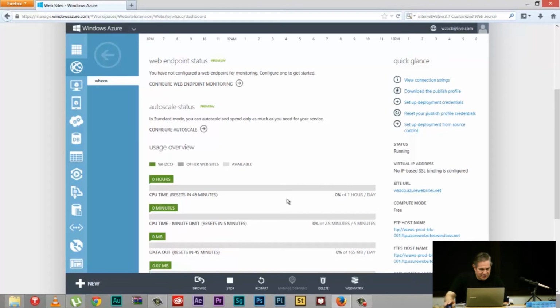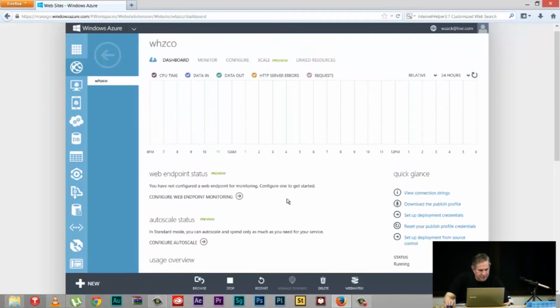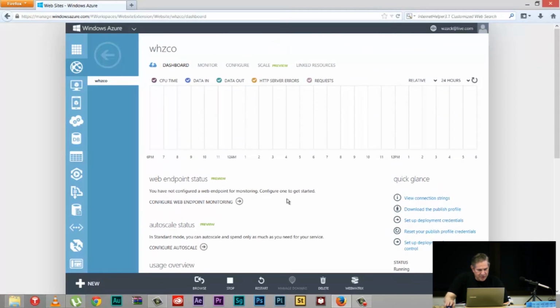All right, so that's the website, and it's running. What we're going to do, though, is eventually we're going to replace that website. This is really interesting. If you take a look at this dashboard that we have here, you notice that there's several tabs: dashboard, monitor, configure, scale, and linked resources. If you look at the dashboard, you can see that you can do all kinds of monitoring and scaling things